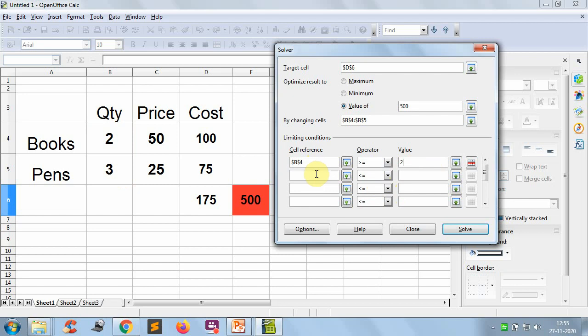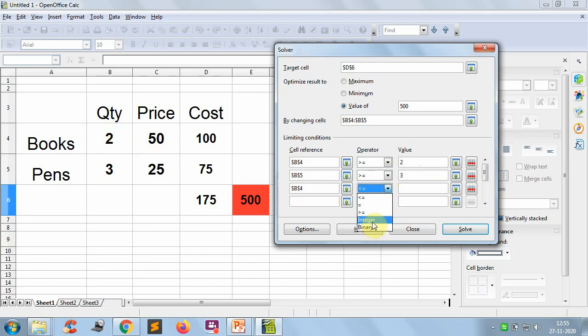When it comes to the pens, now select the cell B5. This is the quantity for pens. Now what is the minimum number of pens you want to take? I want to purchase minimum 3 pens. So these two criteria I have given. Along with that, you have to specify one more criteria on these cells.